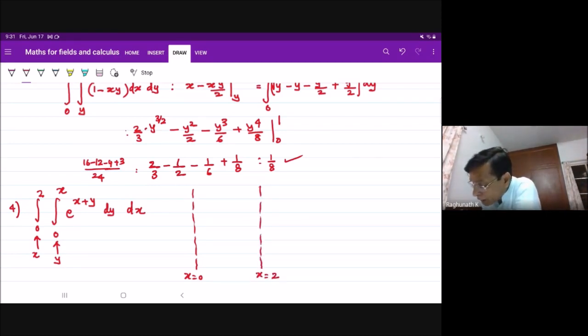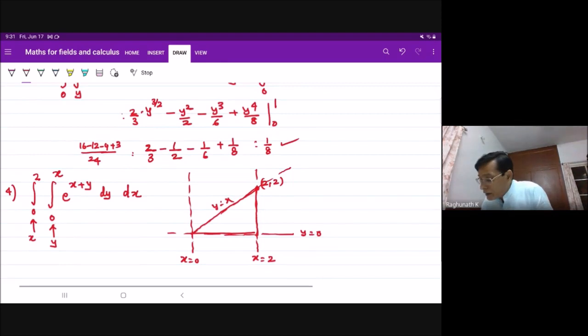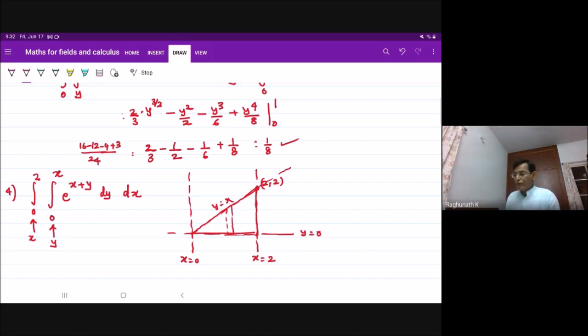I don't know how much comfortable you are. If y is equal to 0, this is also 1. Y is equal to x. This point is 2, 2 because x is equal to 2, y is equal to x intersection it is, right? So this is the region of integration for us. According to this, actually take a vertical strip and then move it from x is equal to 0 to 2. It is